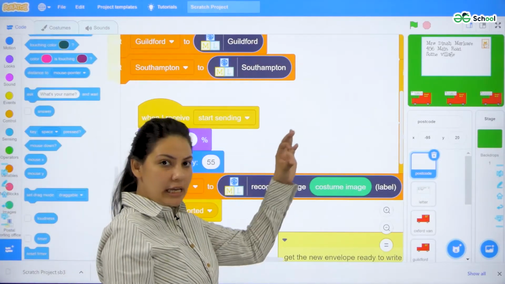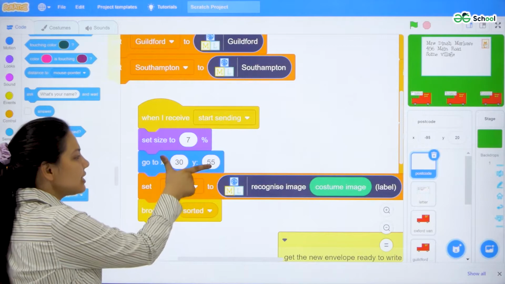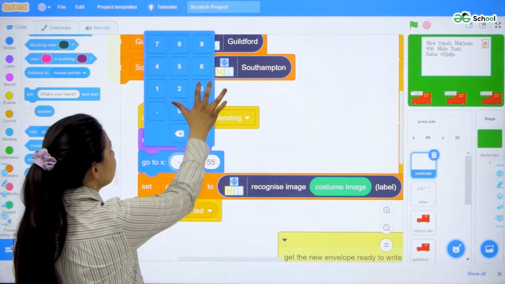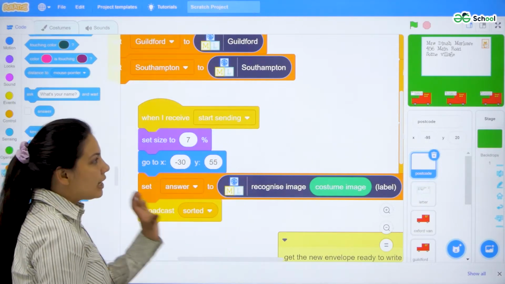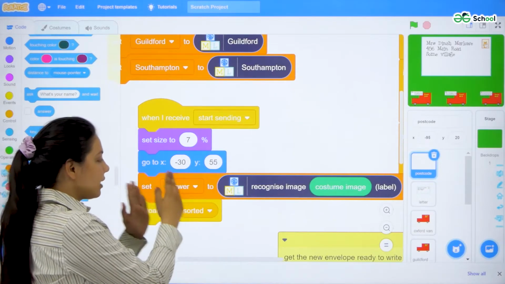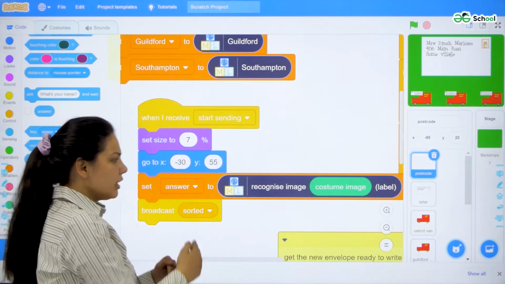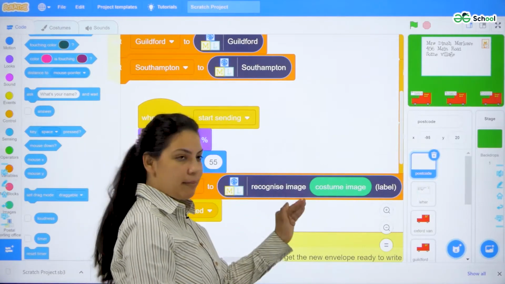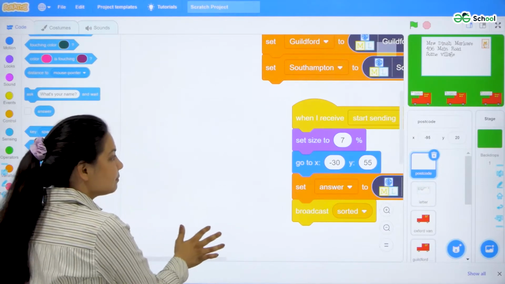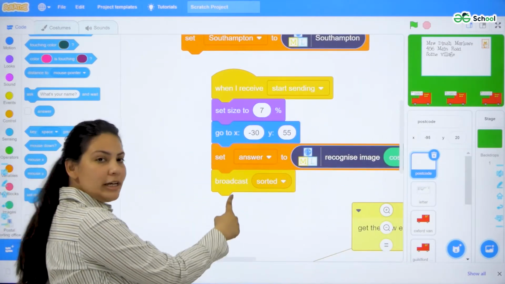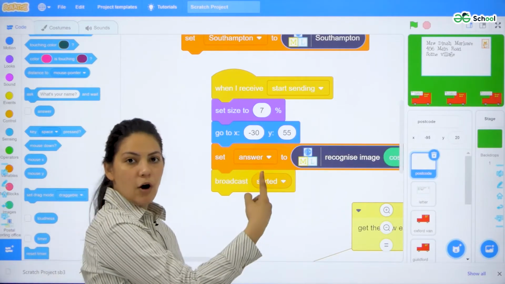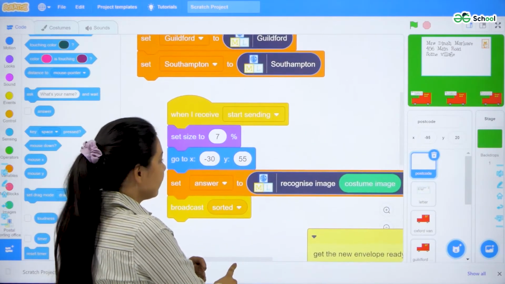I'll set the size of the image, and then I have selected some random position of my x and y coordinates, so that my image could first go to that coordinate, then I will set the answer according to my recognized image from the labels of the training section. Then I will broadcast this message into my script of code, so that my code could run.